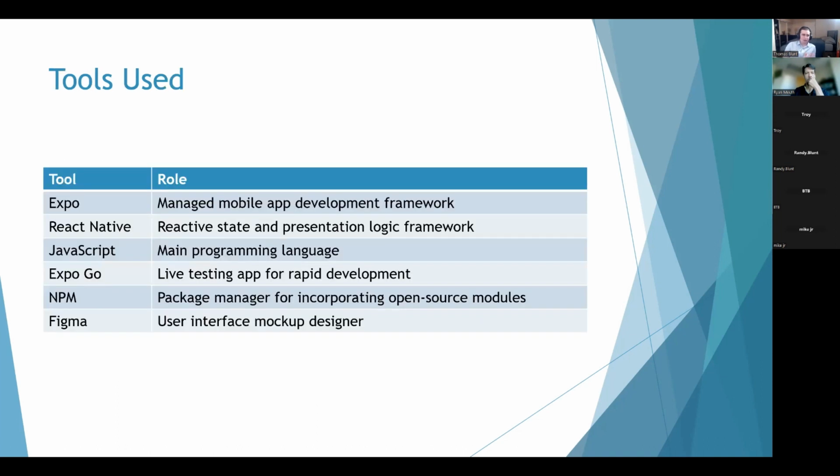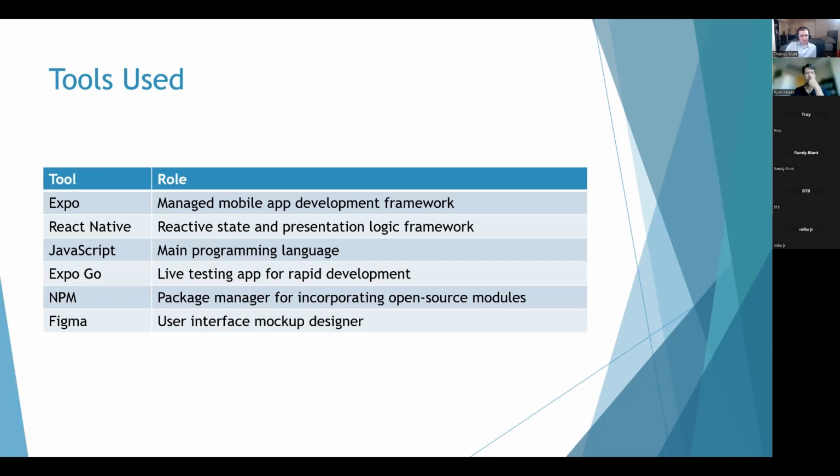So when building the app, I used several tools. One of the main tools was Expo. Expo is basically the foundation that the app was built on. It is a JavaScript-based React Native library that allows you to build mobile apps in JavaScript, which I have a lot of experience in from web development. That felt like a natural fit, especially because it allows you to make one app that works on iOS and Android.